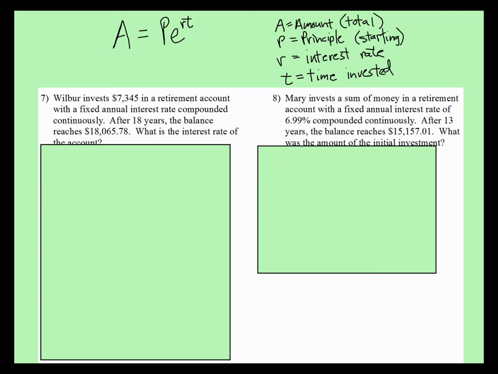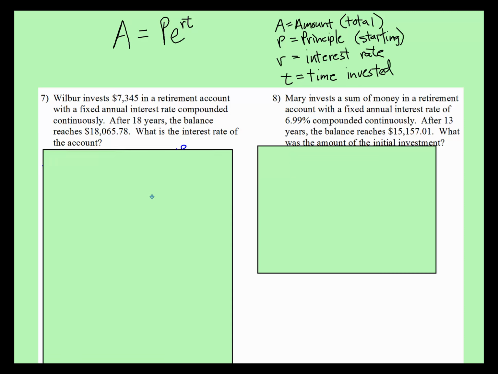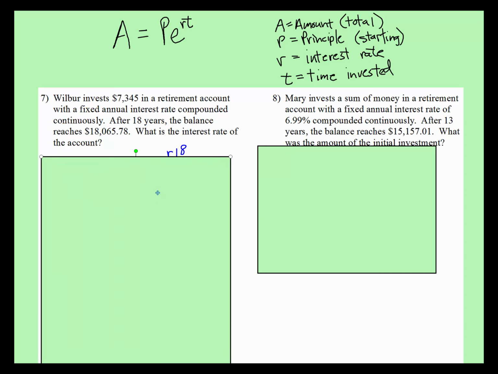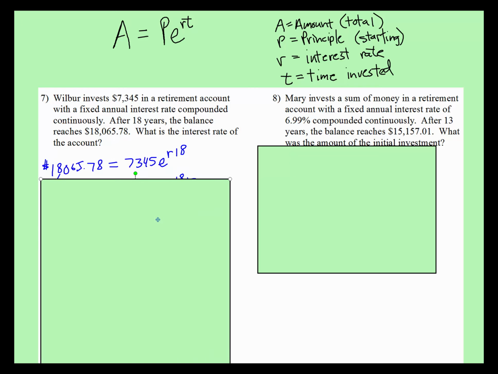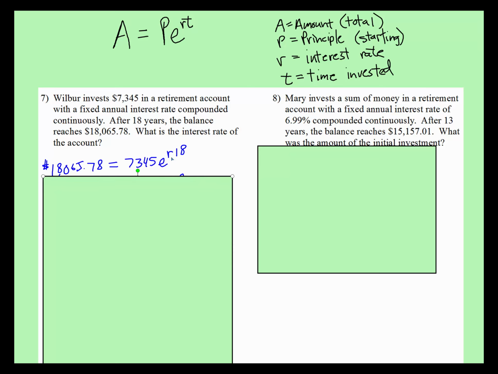Now, how do you find the interest rate problems? Well, Wilbur invests $7,345 at an interest rate we don't know. We just know that it's compounded continuously for 18 years, and the balance at the end is $18,065.78. So we plug all of that in, and again, the variable is in the exponent, so we first have